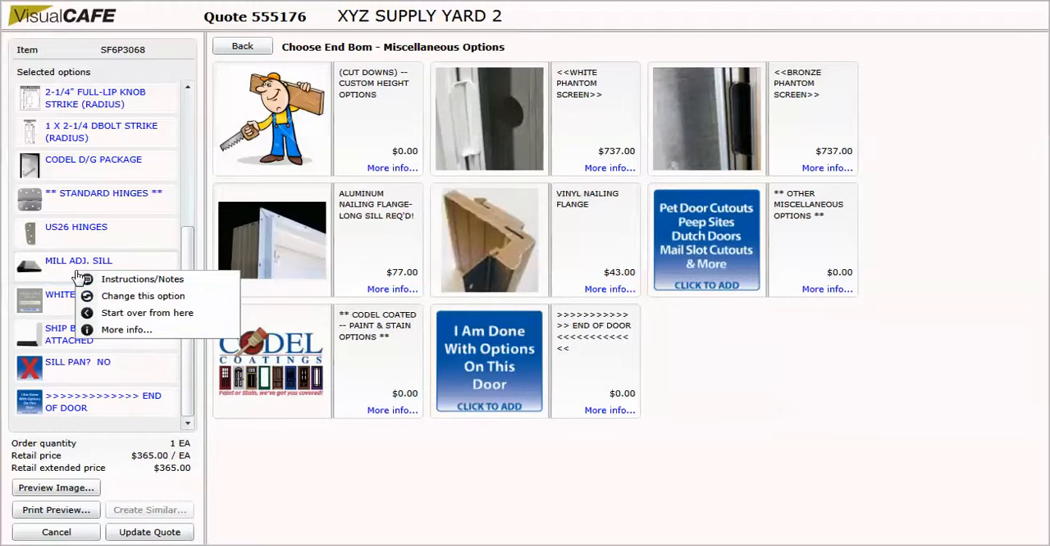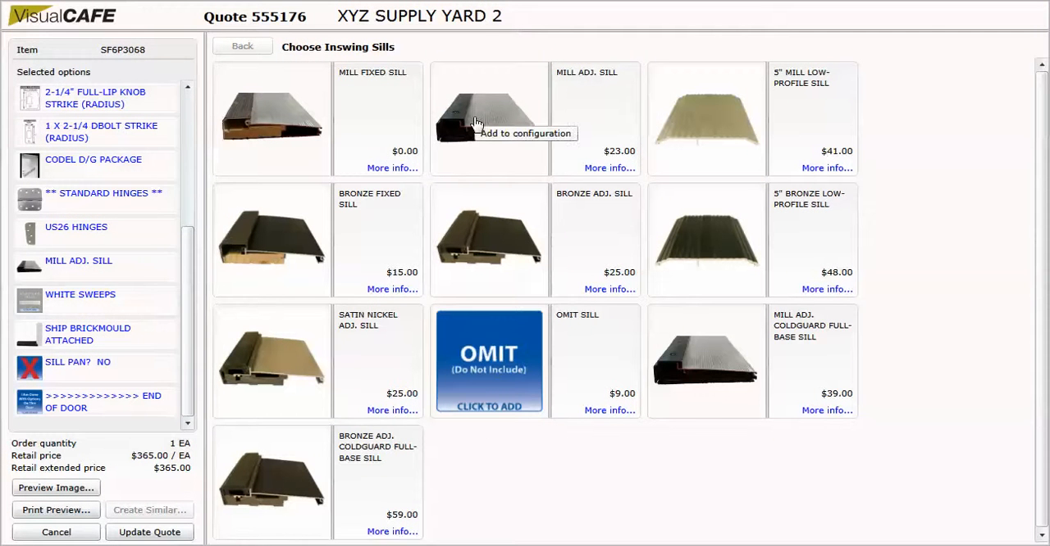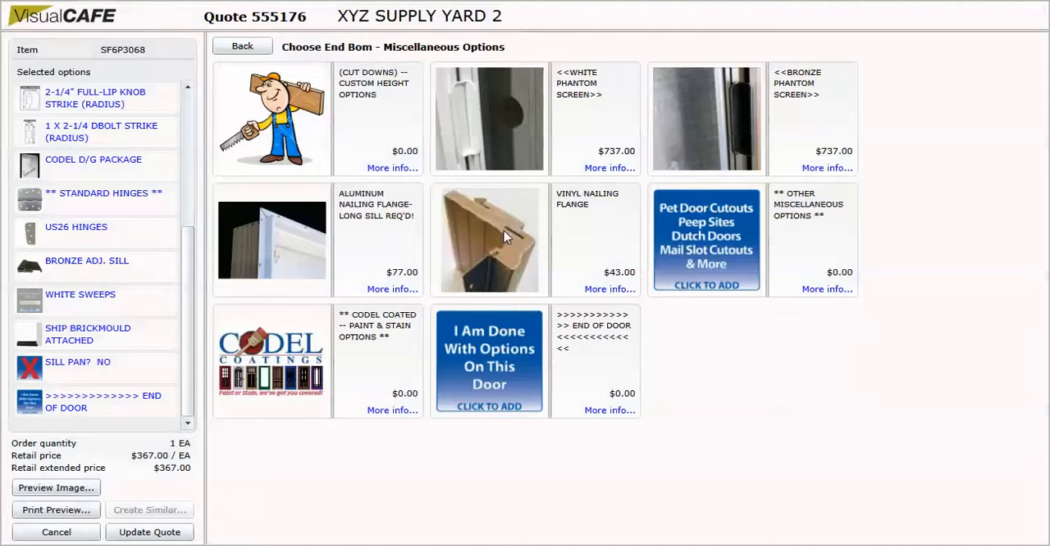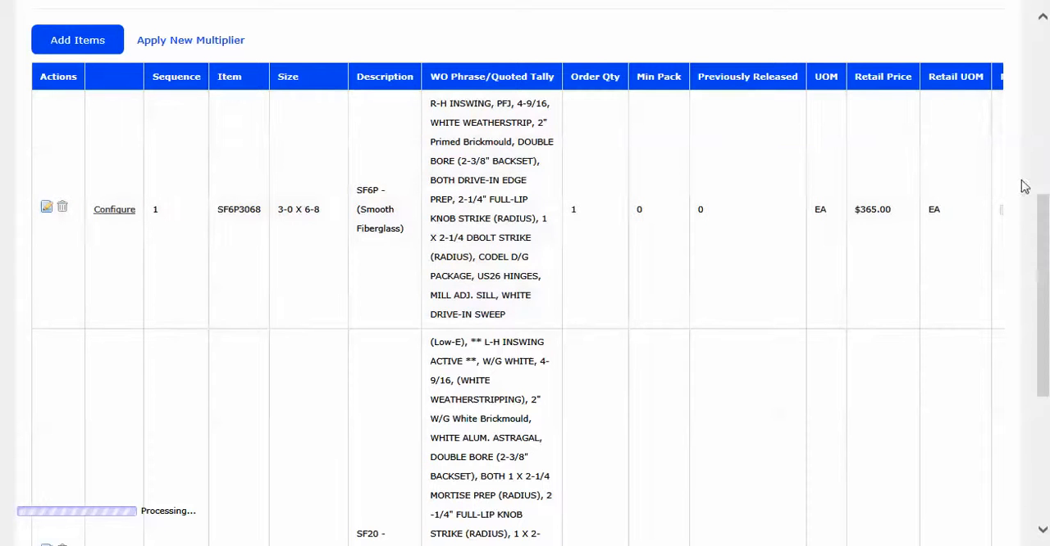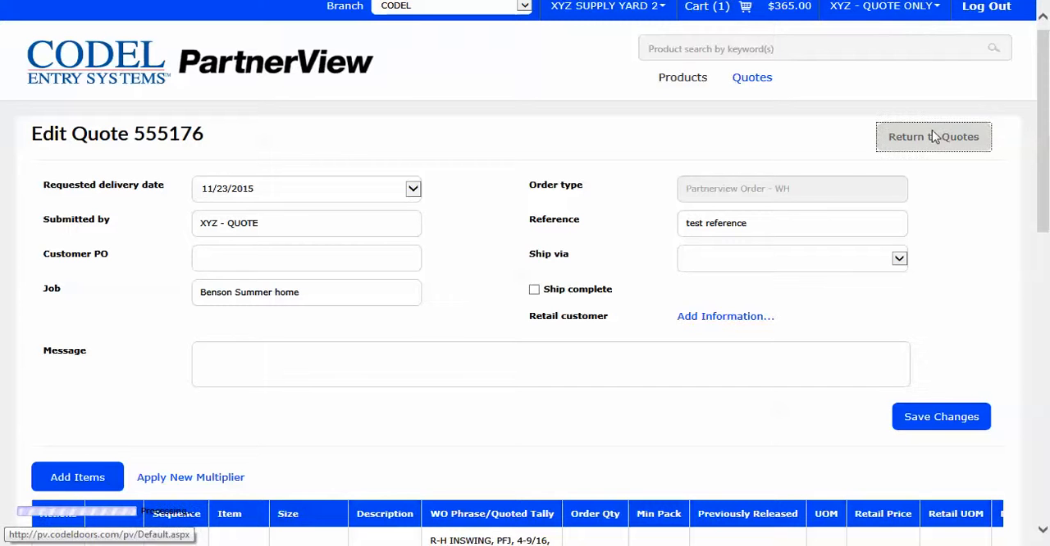So let's just go ahead and do something real quick. If I click on the option, it'll give me this list of options to do, and I want to change this option, and we're going to change it to a bronze adjustable sill. How about that? And that was a couple dollars more, so it boosted the retail price a couple dollars. And then I'm going to click update quote, and it jumps me back here, and I've made the changes I want. So I'm going to return to quotes,